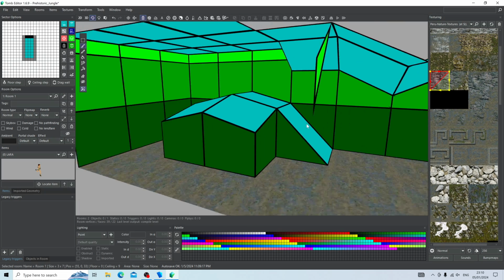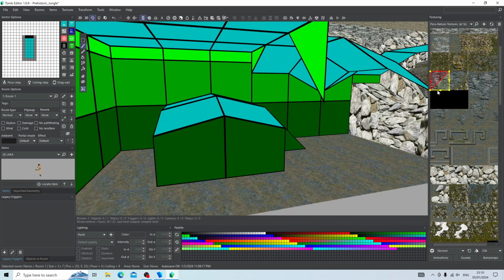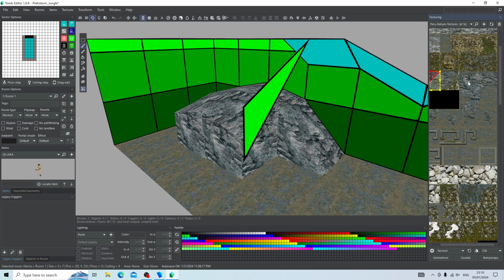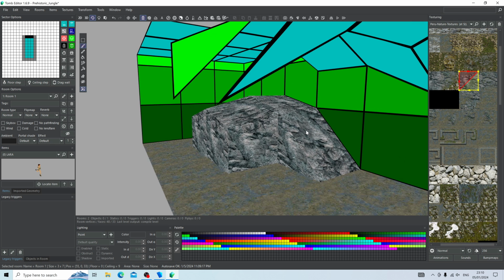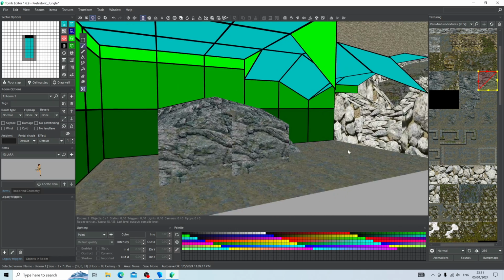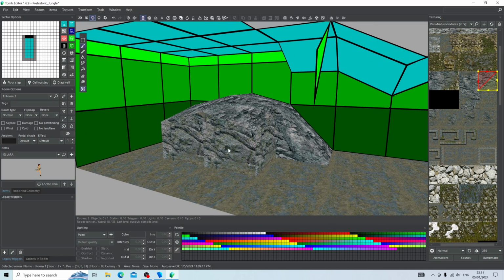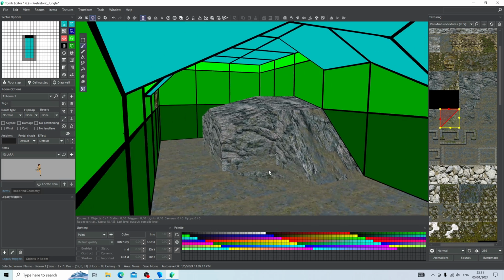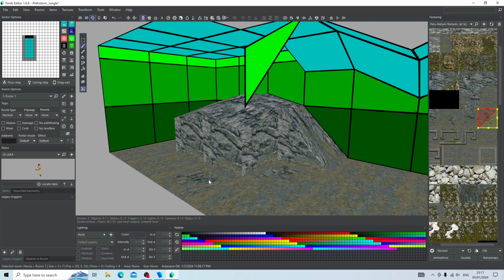Why don't we paint this set of blocks here with this texture of some stone? And as you can see, we have a lot of transition textures, which I explained to you in the last video, and we can use them to blend it better with the cement on the ground. As you can see, this looks a bit better because it looks like the cement is blending with the stone rock textures. And maybe I'll even put that one on the ground just to give it an illusion of what